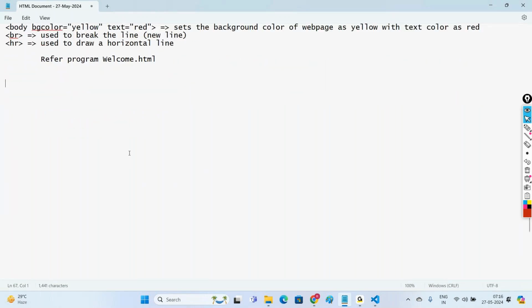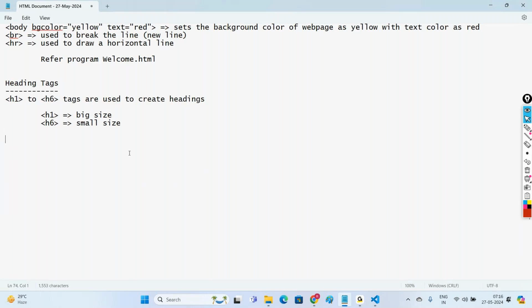Let us move to the next tags. Heading tags. H1 to H6 tags are used to create headings. In this, H1 is the big size and H6 is the small size. Right? Let us understand this with the program